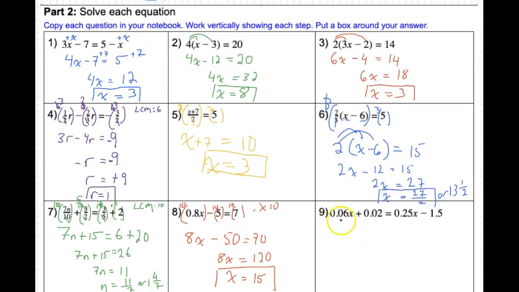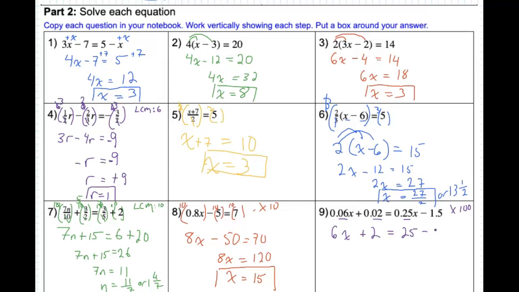Let's do one more. Look at this. We've got 2 decimal values. That's the furthest we go. So we could times it by 100. No need to go by 1,000. I'm going to times everything by 100, so this will be 6x plus 2 equals 25